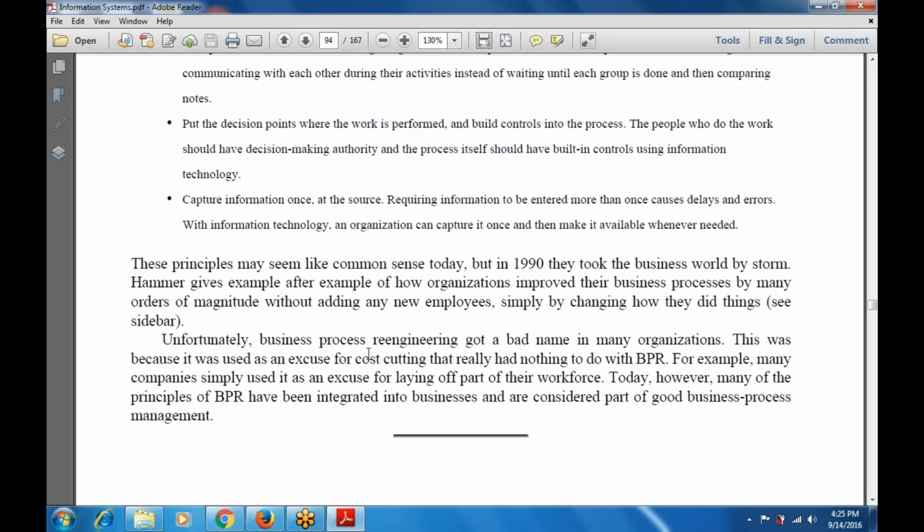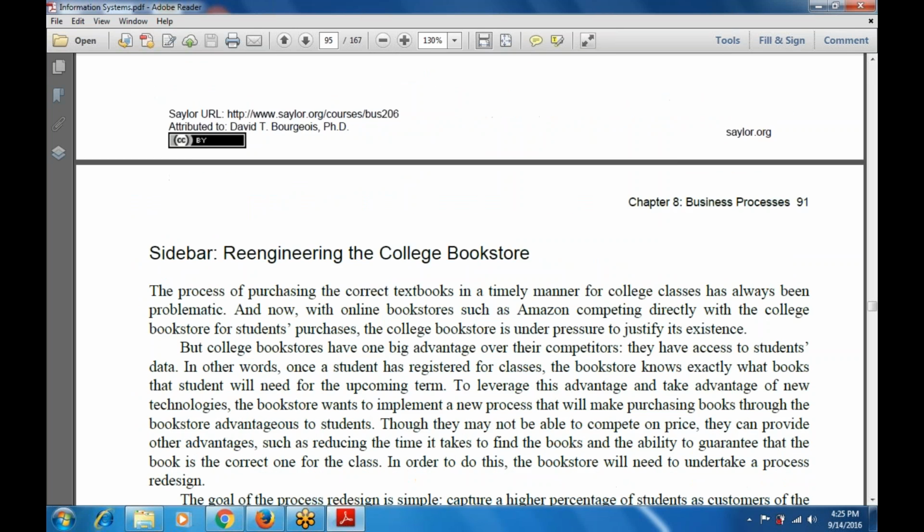Unfortunately, business process re-engineering got a bad name in many organizations, because it became an excuse for cost cutting that had nothing to do with BPR. For example, many companies simply used it as an excuse for laying off part of the workforce. Today, however, many of the principles of BPR have been integrated into businesses.